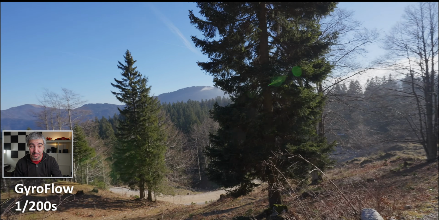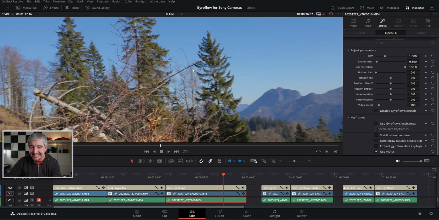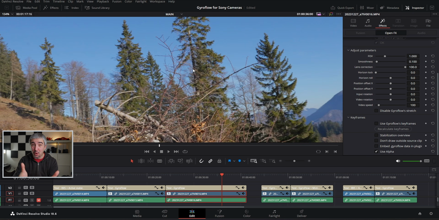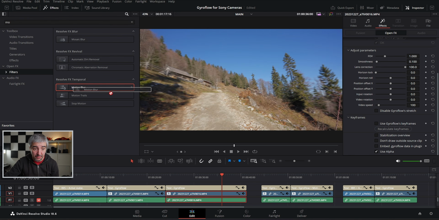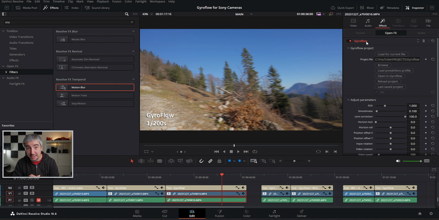amount. The problem, however, now is that I actually don't have any motion blur, because with that 1/200th of a second shutter speed, the motion blur is pretty much gone. And here, if I pause the video, there's just a teeny tiny bit of motion blur, because 1/200th of a second still produces it, but it's nowhere near natural enough. And if you own DaVinci Resolve full studio version, well, then you can actually add motion blur in post, again with another effect. So open Effects, Filters, Motion Blur, grab this, put it over here, and now it pops under the Gyroflow. So first the video is stabilized without any shakiness in the highlights, and now